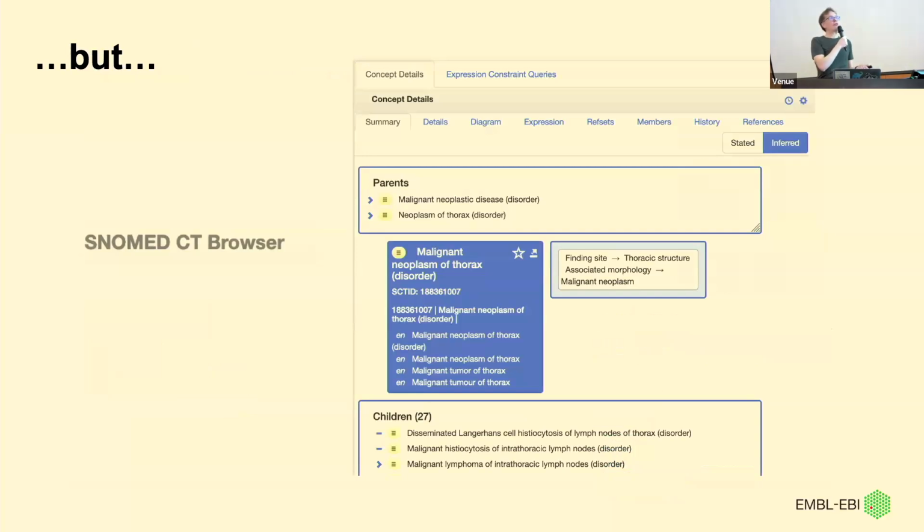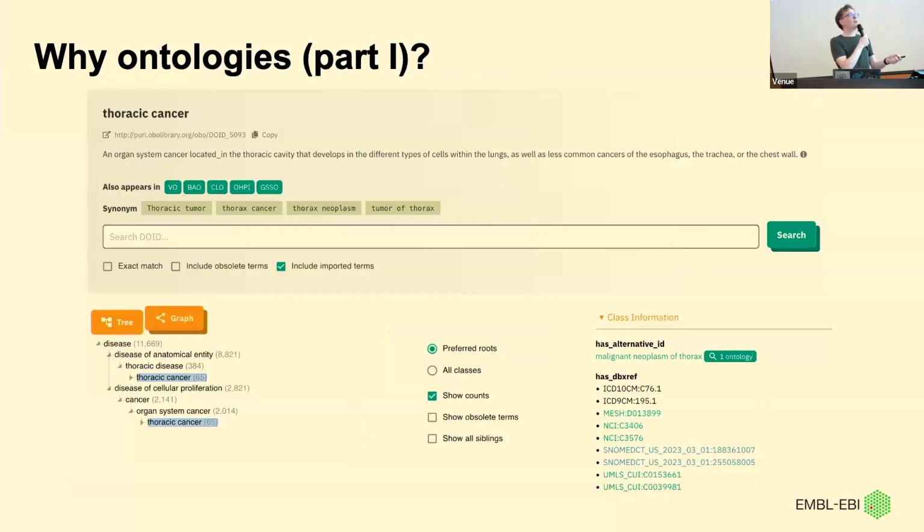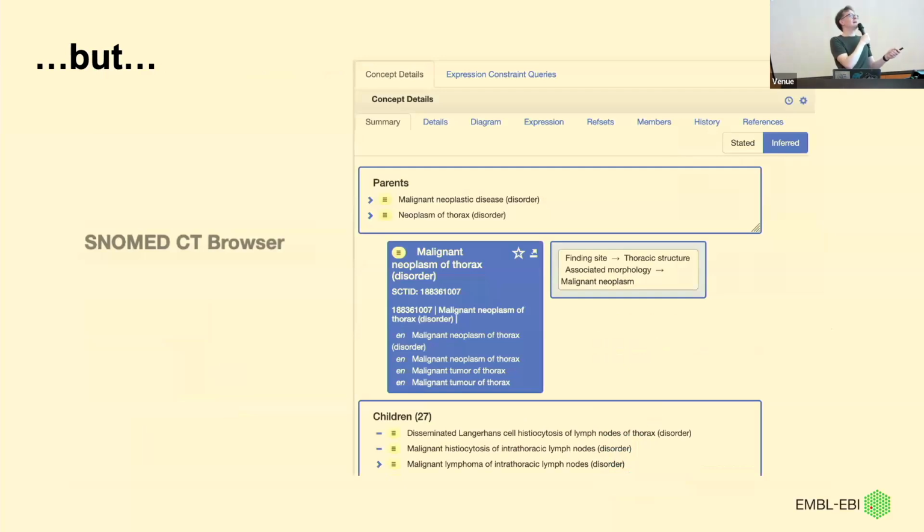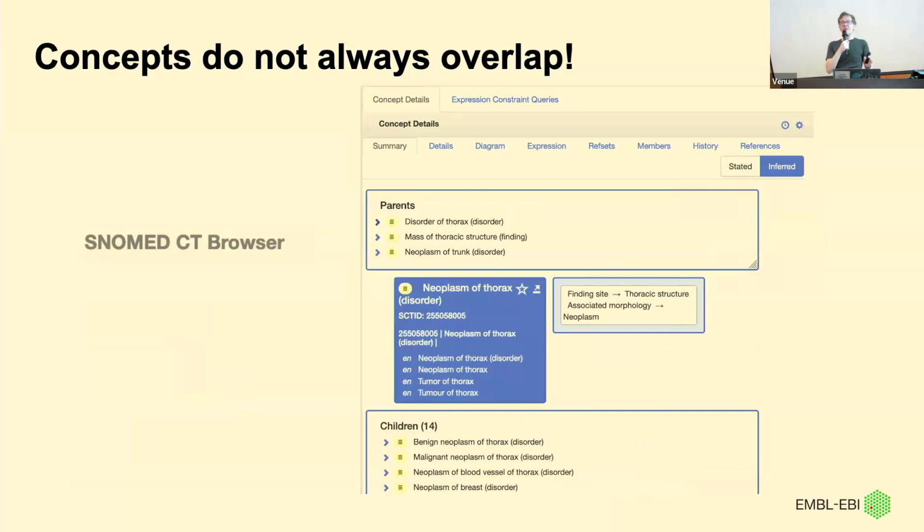Same concept, but sort of, because when we go back here, if you look very carefully, which you probably can't do because it's probably too small, there are 2 entries here. And the reason there are 2 entries here is because there's one for malignant neoplasm of thorax, and there's one for just neoplasm. And those are things that matter a lot in certain circumstances for diagnosis. And kind of the problem here, when we start to look at ontologies, is that they're describing concepts, and concepts don't always overlap. So sometimes people will say, okay, it doesn't matter which ontology we choose because we'll just map between them. We'll take one term in one and map it to another term in another. You can't always do that.